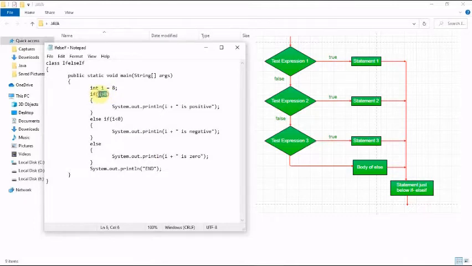Now if you look at test expression 1, you execute it and check if it is true or false. If it is true, you display this, you execute the statement, and then you bypass all the others and come outside the if else if ladder. If it is false, you go to the next test expression and check that. If it is true, you display this and then you bypass the rest, or else you go to the next. Now since there are no more else if in this case, you're not going to keep on checking. It's directly going to the body of the else, and then you execute this and then you say end.